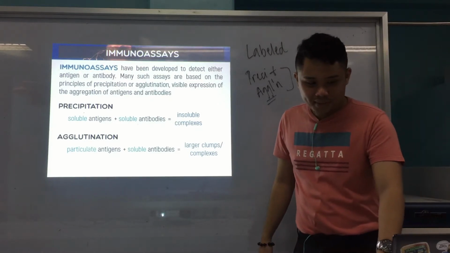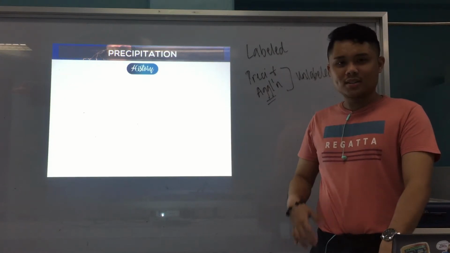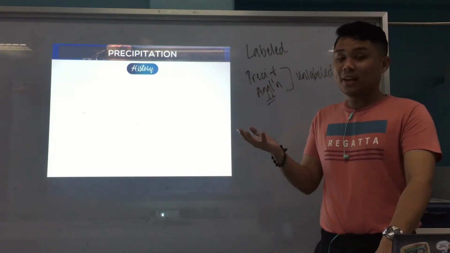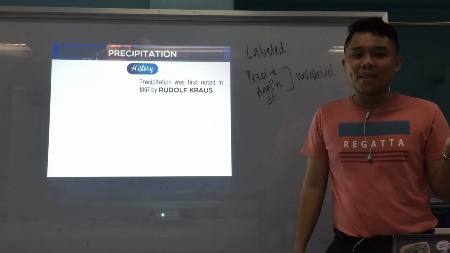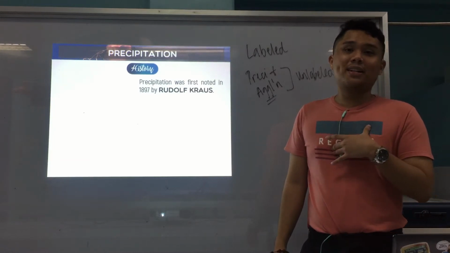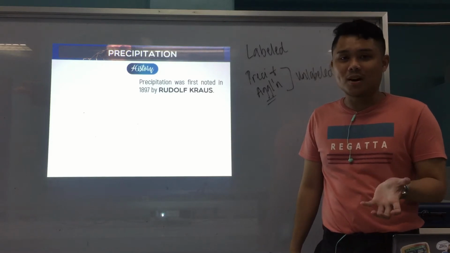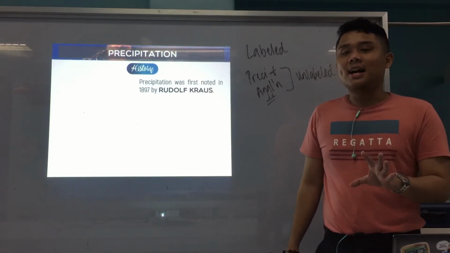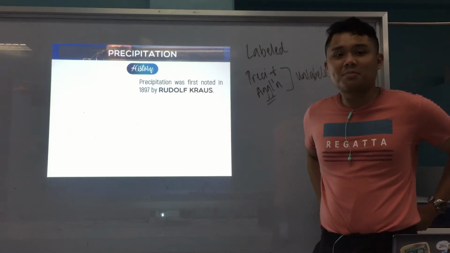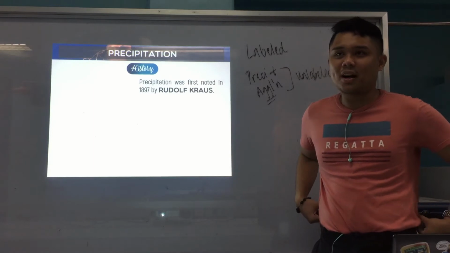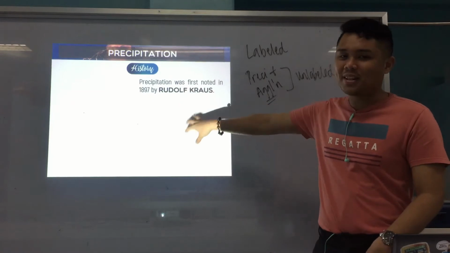Okay, now we go to precipitation proper. We'll start first with history. Who discovered it? Precipitation is attributed to Rudolf Kraus. As mentioned at the start of IS, history questions usually come out in the board exams, usually in ISBB. That's why there are many people behind your immunoassays, behind the different reactions and tests. Aside from ISBB, it also appears in micropara, but seldom. In ISBB, that's where the history usually comes out, so it pays for you to know who the people behind these are.